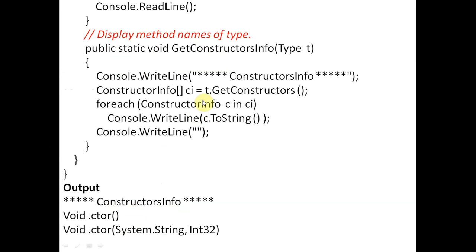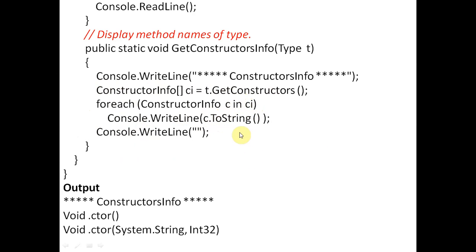So now foreach ConstructorInfo c in ci. For each ConstructorInfo, its object is c. We have defined here one more object of ConstructorInfo. This is not an array object, while ci is an array object. One by one from the ci array we will get one value, then another value, then another. This way, suppose we have four constructors, this foreach loop will execute four times, and individually each value will be transferred to c.